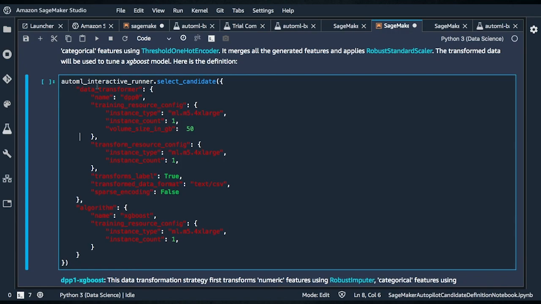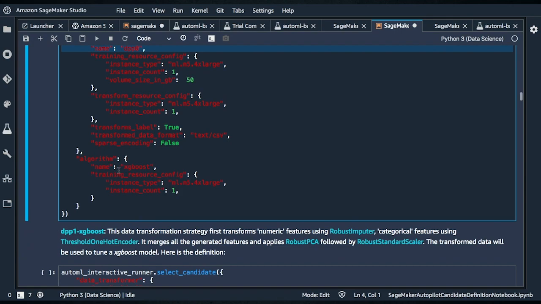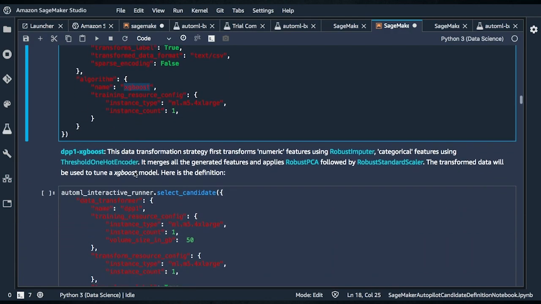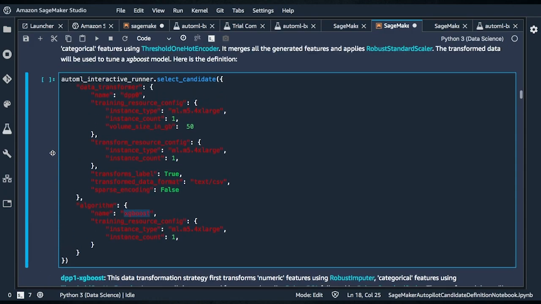So data transformer. So there are going to be multiple data transformers here, and they're going to have names, right? So we've got DPP0, it's the name of one transformer. And then we've got multiple EC2 instances here. And here's the algorithm. So this is XGBoost. And so that's the training resource config. There we go. So that was DPP0,